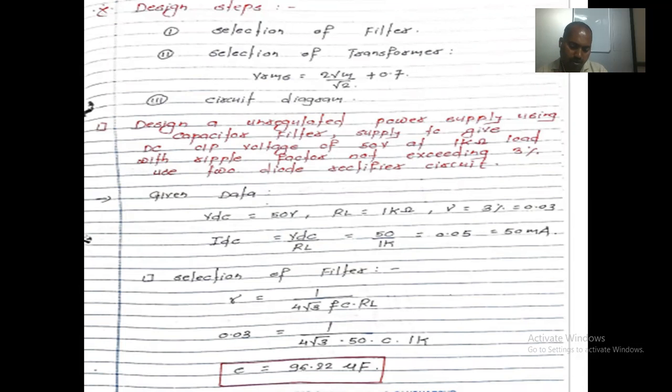10.38 into 10 raised to 3, which is equal to 1 upon C. Is that correct? Because we have to be multiplied by C. Whatever the thing coming across here, that is nothing but 0.03, which is equal to 1 divided by